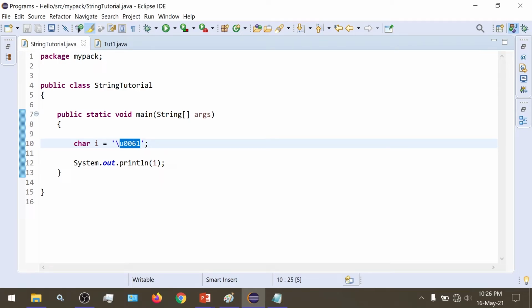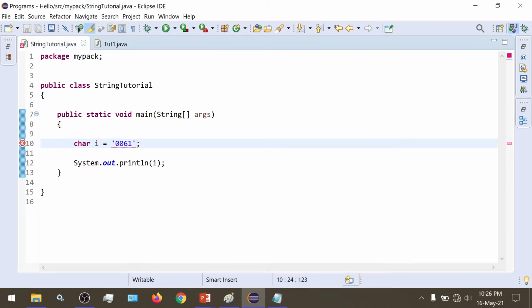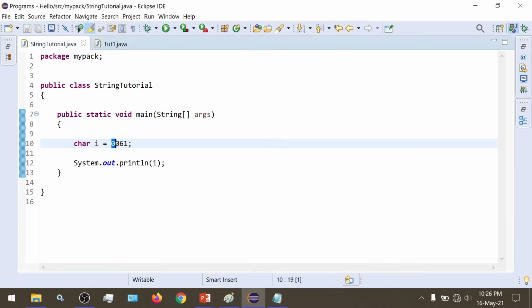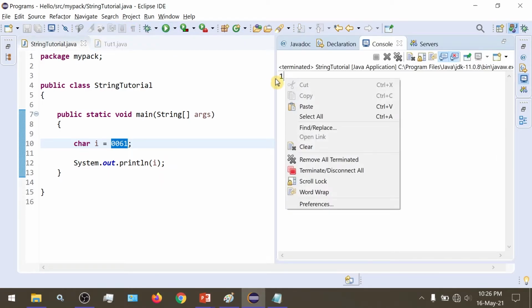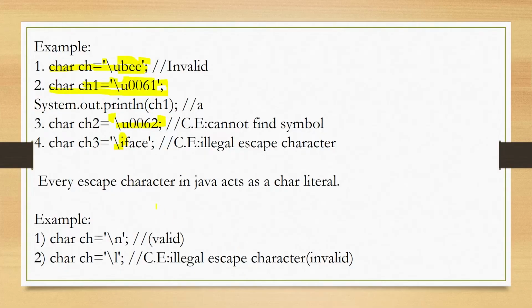To specify Unicode we compulsorily have to use this, and if we remove this and try to run this, then we get an error. Similarly, if we do not specify it and give the direct integer value, then we get 1, because this Unicode 0061, the number might be mapped to number 1. So I hope that's understood.